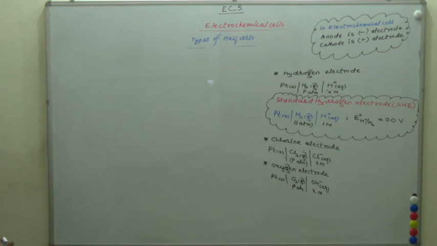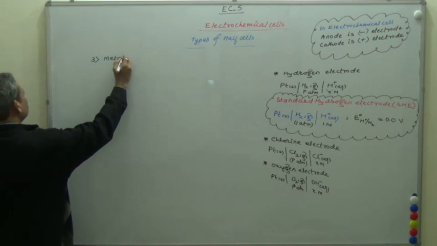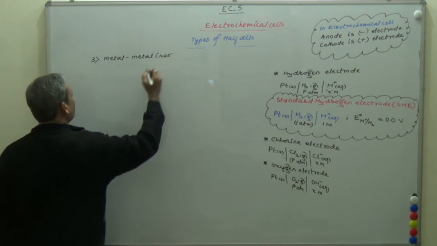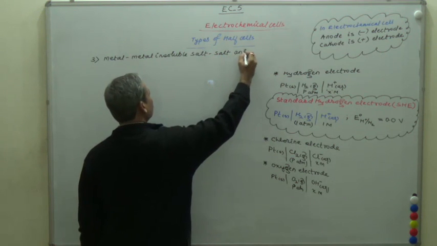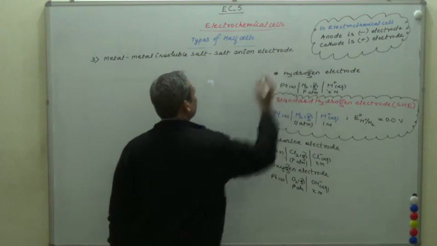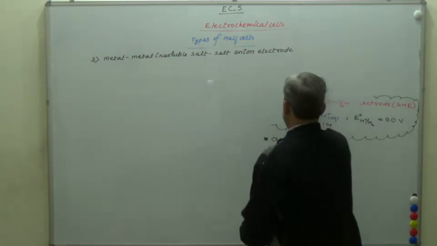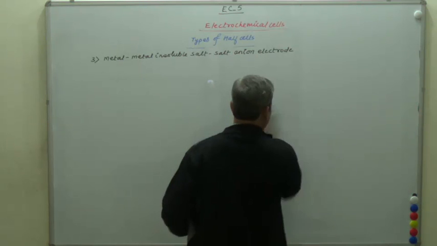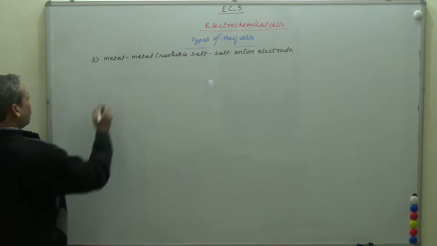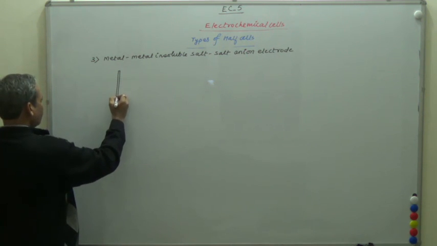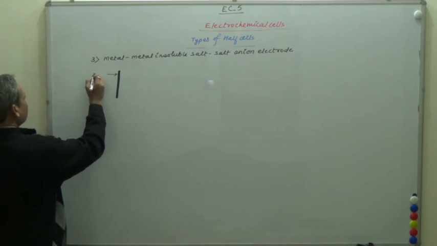Next we can consider the metal insoluble salt anion electrode. So the third half cell is the metal insoluble salt anion electrode. In this type of half cell, here we can say this is the metal rod. Let's say a suitable metal M,